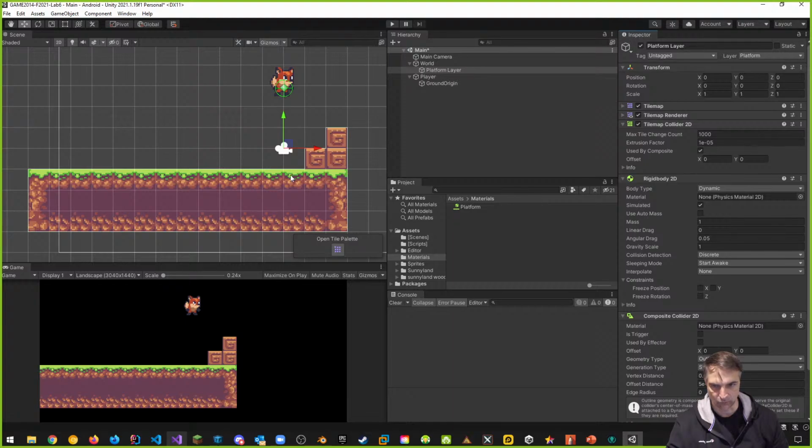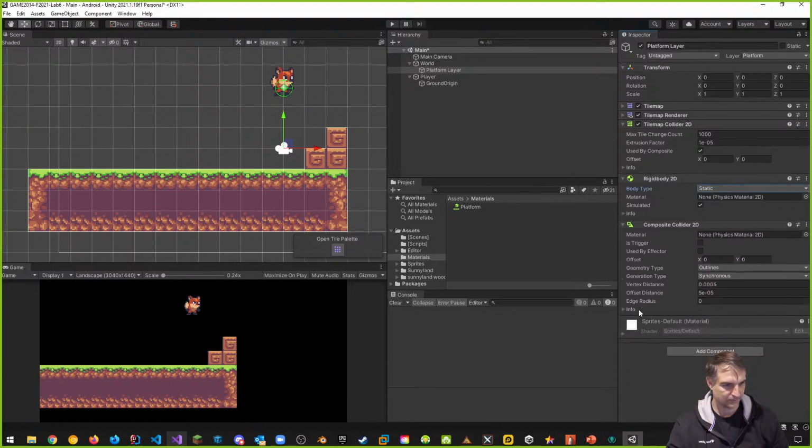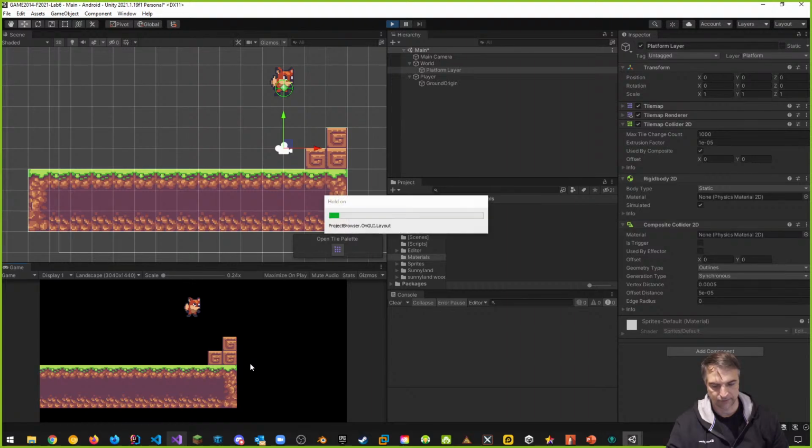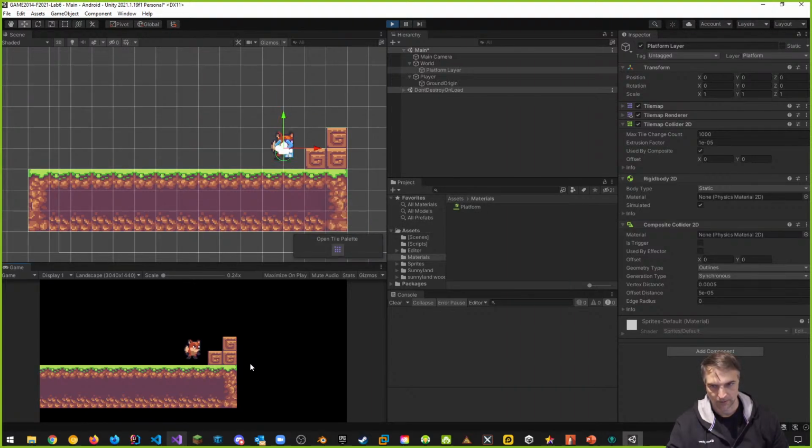Notice now that it only has one collider for everything. Kind of connects all the colliders into one, which is what we want. Okay, so again, tile map collider, use by composite. Composite must exist, but we also have a rigid body 2D, and we have to change the body type from dynamic, because we don't want the platform to fall away, to static. Okay, and when we do that, and if I press play, now we should have a different effect. Should. Let's see if it works better, worse, the same than we had before, right? We shouldn't have that weird